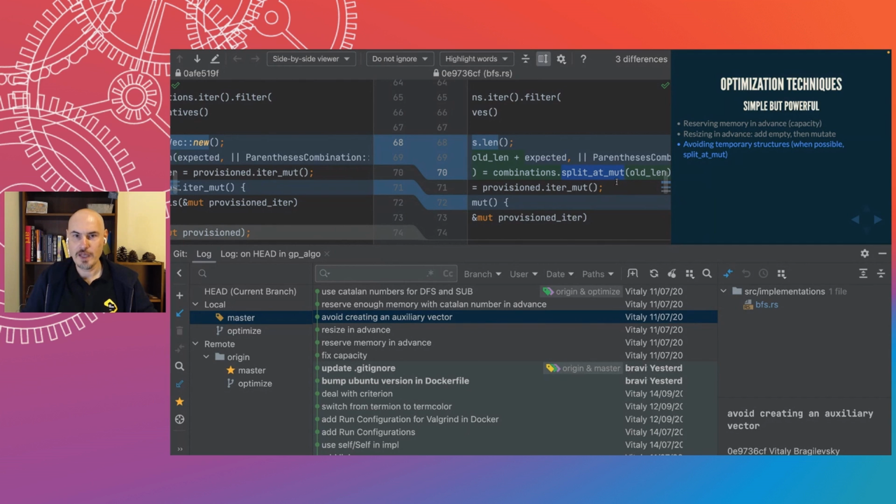So very powerful, and you don't need a new vector anymore. And once again, you reduce the number of allocations. So really, really very powerful. And one other technique here